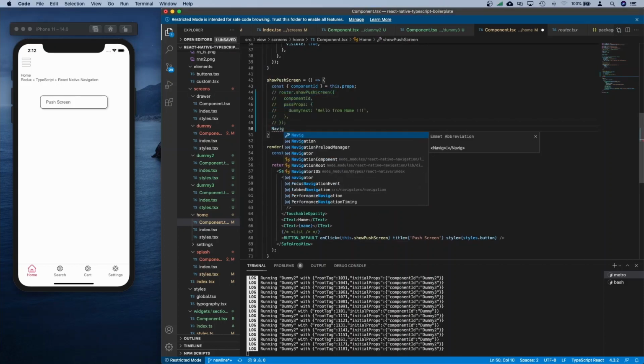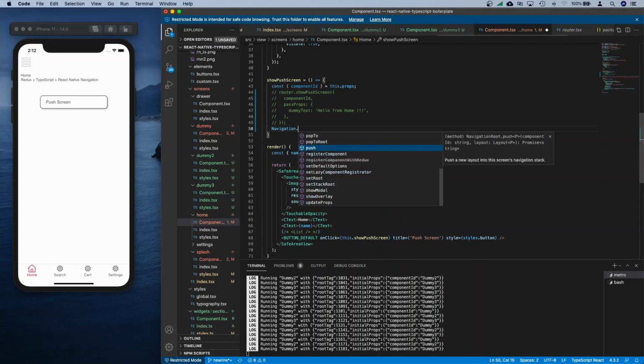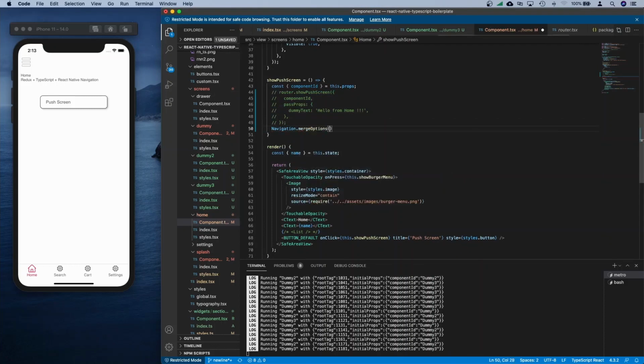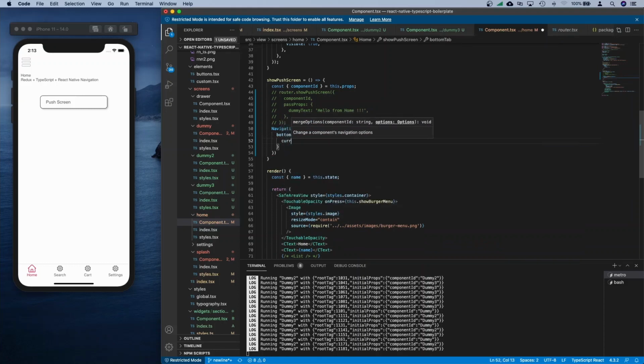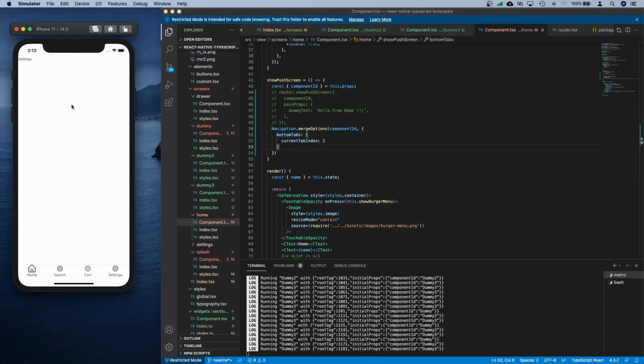So let's do navigation dot. We need to use merge options. Now this will take the component ID and we need to tell it that we need to switch to one of the bottom tabs and make the new index as, so it's called current tab index and we want to do it 2 and just save it. So now when we click this, it moves to the